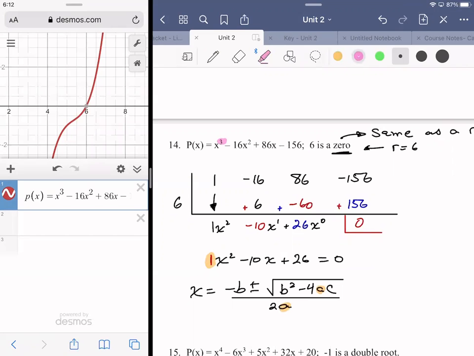We have the negative 10 in front of the x. That's the b value. And then we have that lone positive 26 off at the end. That's the c value. So x is going to be equal to negative, well, the b itself is negative, so negative 10 plus or minus the square root